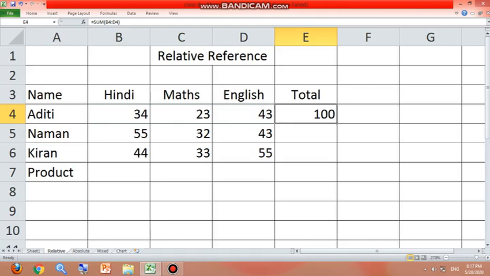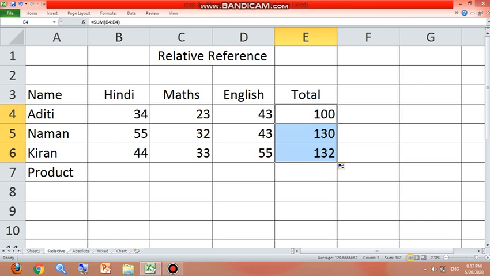Just pay attention everyone. As you can see, by default the mouse pointer is like a plus sign. Now I'll move this mouse pointer towards the bottom right part of the cell. The mouse pointer will change into a fill handle, a black colored plus sign, and you simply click the mouse button and drag it down.